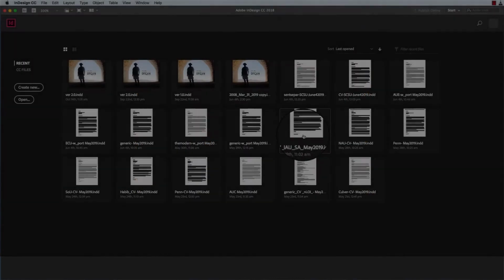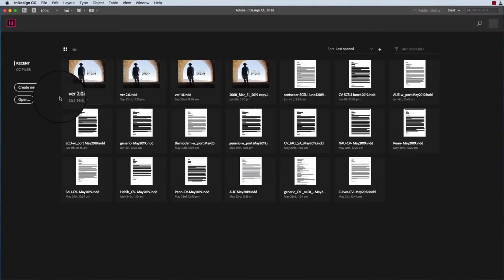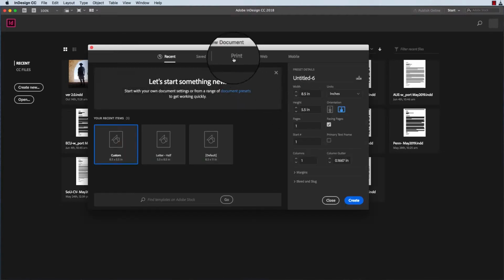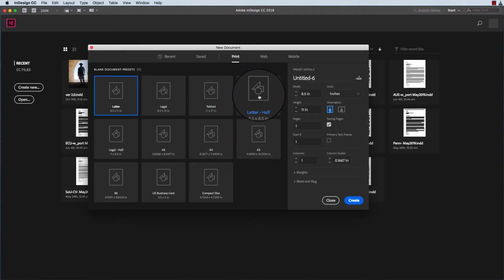So go ahead and open up InDesign. Make sure that you're working with Essentials. You might need to reset it so that we have the same interface in front of each other. And then create a new document. We're going to do a half letter, which you can find in print, and look at letter half and change the orientation to landscape. Go ahead and hit create